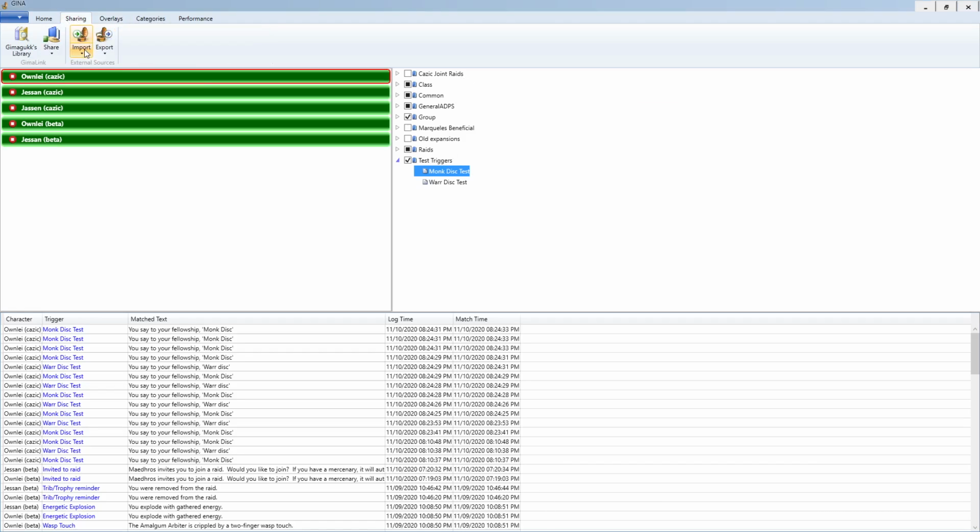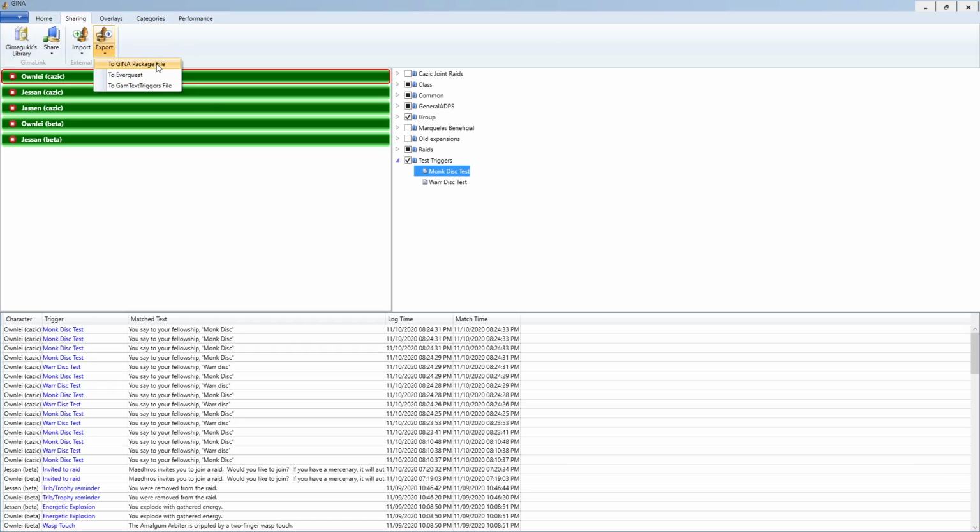So the next thing I hear a lot of people ask about, you know, hey, I just reset my computer or changed computers, built a new one. How can I get my triggers back? Or can you send me some triggers? So obviously you can come in and do this share, or get them from somebody that already has them, but most people have these set up for their character and have put a good amount of work into them, especially if you've gone through and done the categories and whatnot. So what you want to do is you can export to a GINA package file,